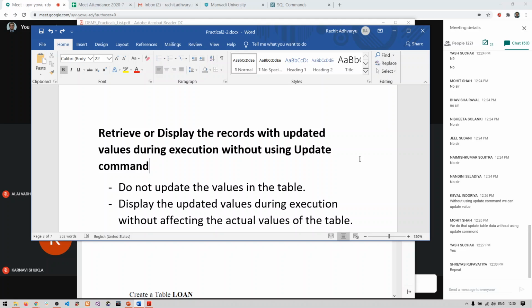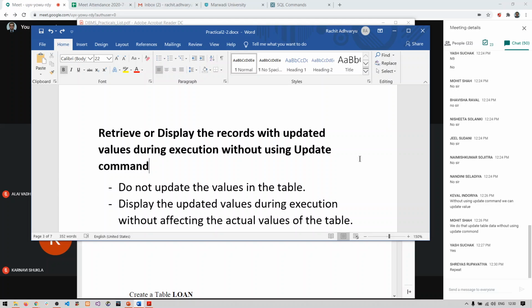Okay, Shreyas, fine. See, the statement states that retrieve or display the records with updated values. Whenever we write a select statement, select star from table name, whenever we select that data from the table, at that time we will provide some update to the particular records, and then we display it to the user. But we are not going to change that update into the table after display.